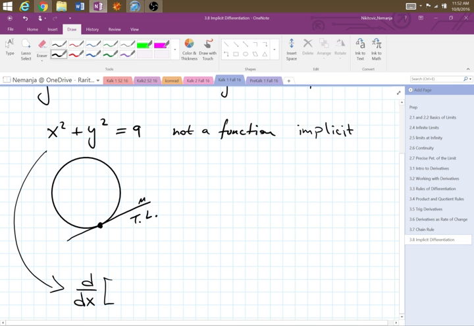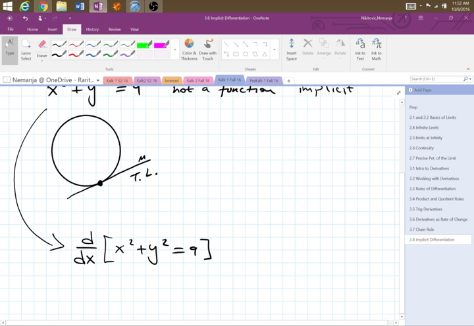I want to find the derivative of x squared plus y squared equals 9. Now I have to go into the new line because there's already an equal sign inside. So derivative of x squared is? Very good. Derivative of y squared is? What is it? 2y dy dx. Very good. And derivative of 9 is? Thank you. After such a long pause, derivative of 9 is